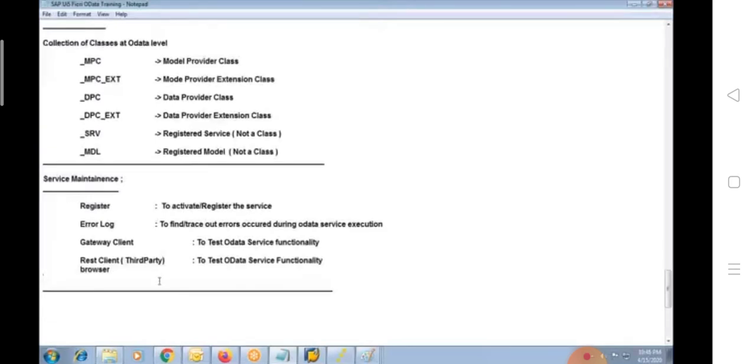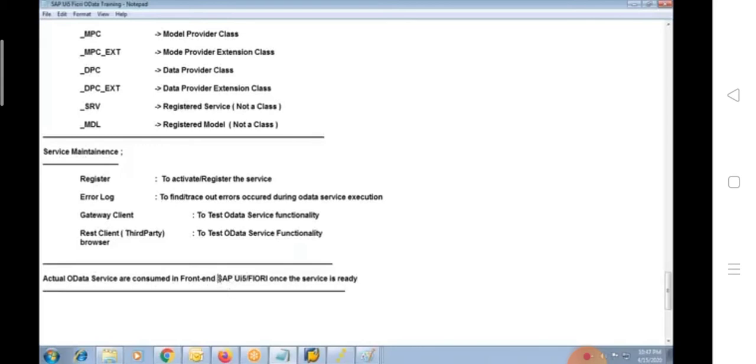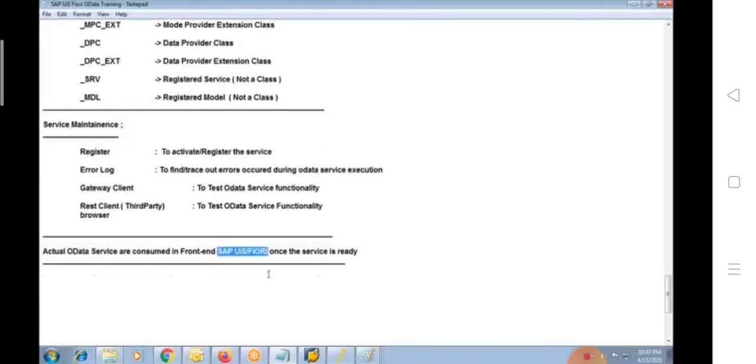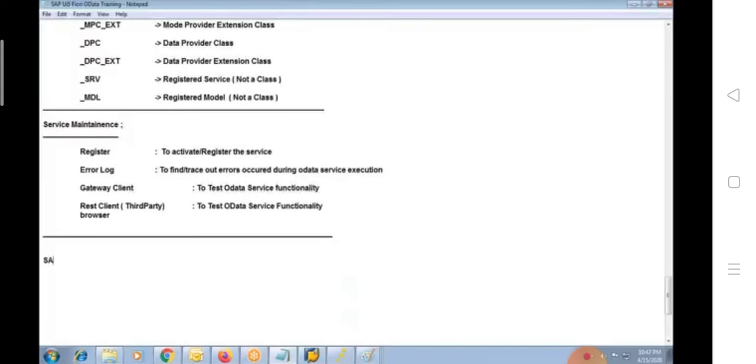But where exactly is the service used? The actual OData services are consumed in front-end SAP UI5 Fiori once the service is ready. If the service is ready, then you can consume that service under a UI5 Fiori app. But how can this service be consumed?